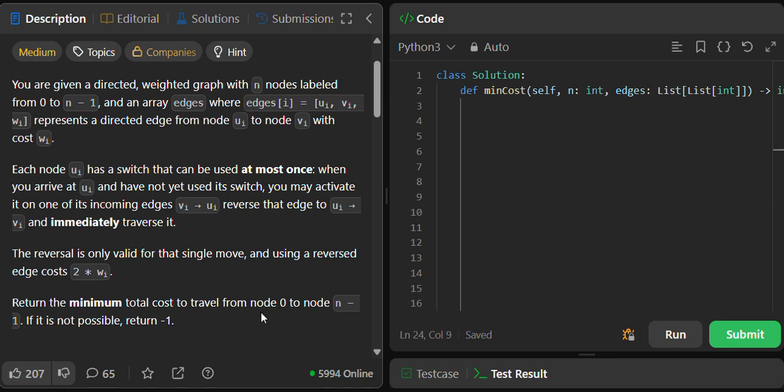So basically we are given a directed weighted graph having n nodes. The numbering starts from 0 to n minus 1. Also, we are given an array edges that consists of three values ui, vi and wi, where ui and vi represent the nodes of the graph with a directed edge from node ui to node vi with the edge cost of wi. Now we have to return the minimum total cost to travel from node 0 to node n minus 1,